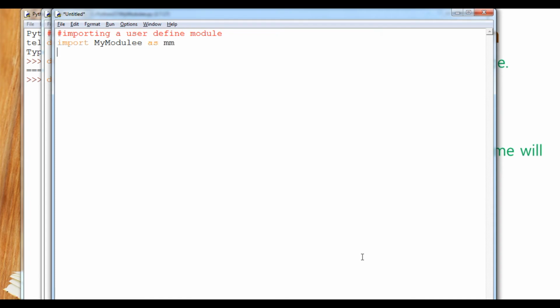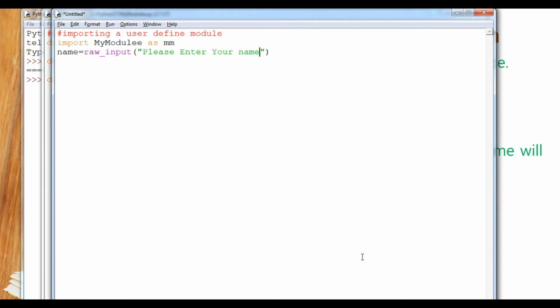As I can say, in the second method I am using this one thing. First of all I will ask the user, please enter your name. So here name equals raw input, because I am using Python 2.7. If you are going to use Python 3, directly type input. Please enter your name.